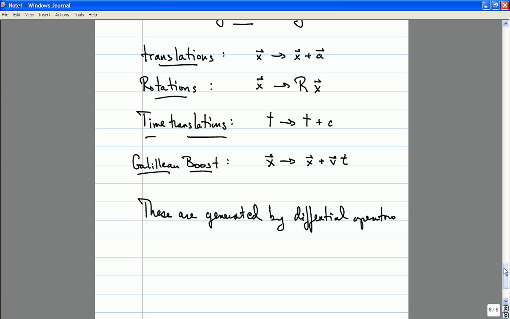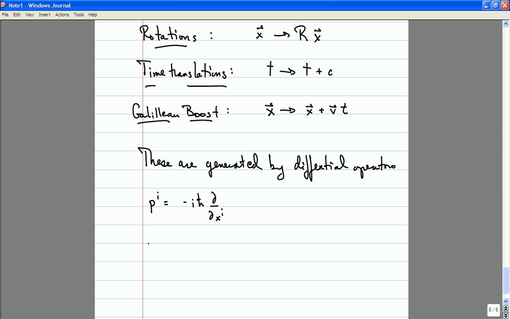So the translations are generated by momentum operators, minus i ħ d/dx_i, as usual. The rotations will be generated by angular momentum vectors, so i ħ epsilon_ijk